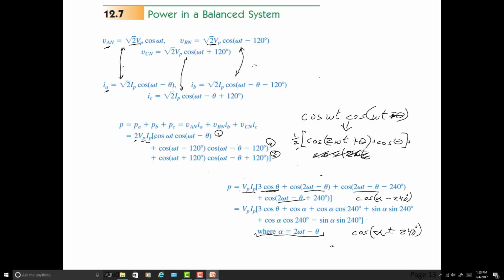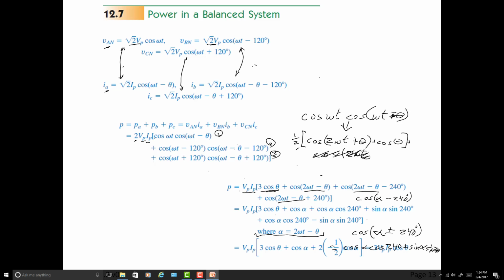is equal to cosine alpha cosine 240 plus or minus sine alpha sine of 240. Okay, a little crowded there, but that's a substitution that got made in all of this to now get to the final one, which I've written over quite a bit of, which is